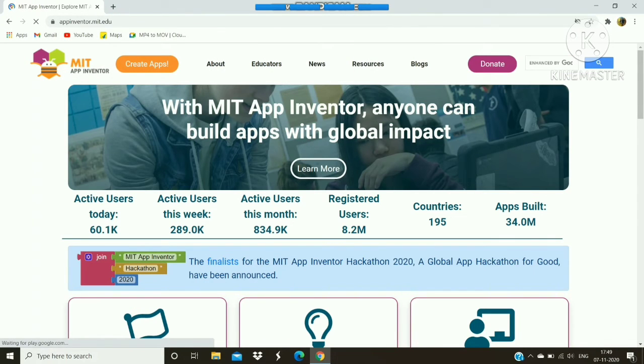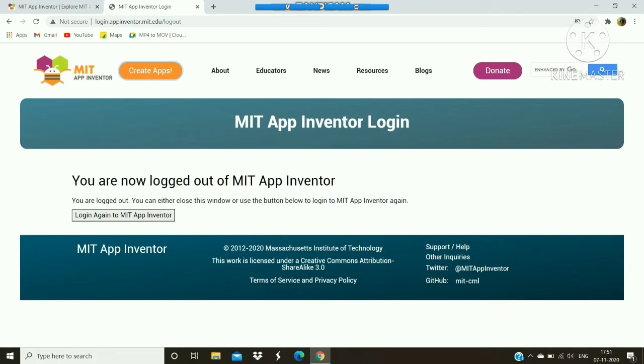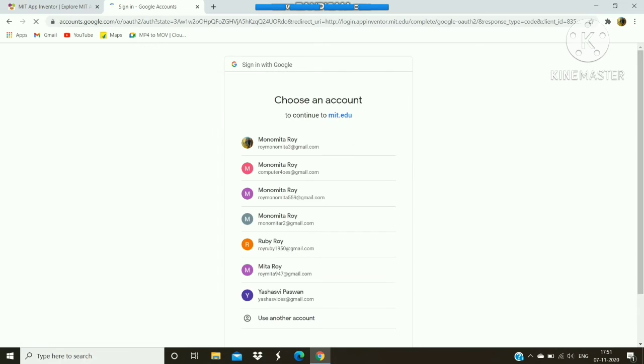Now we are on the App Inventor web page. Here we will learn some basics of how to design an app for a mobile device. Once we are on the web page, we will see a create button on the left hand side, Create Apps. You click on that. We need to log into App Inventor with a Gmail or Google username and password. So here you can see I am taking one of these Gmail IDs and clicking on continue.